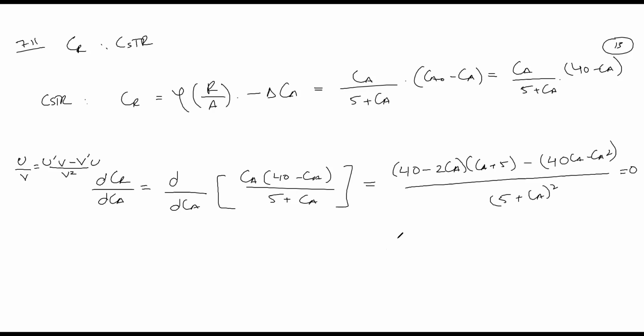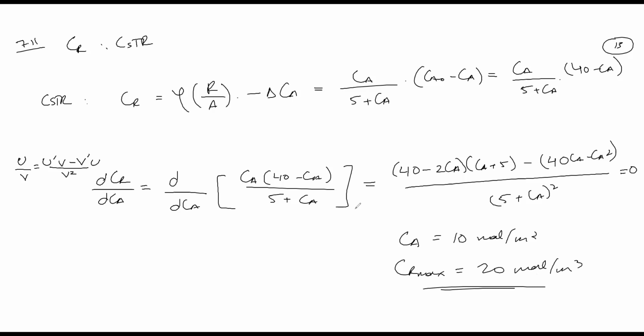I want to solve this for CA. Do the math, and you're going to get CA equal to 10 moles per meter cubed. Once you have CA, you can get the CR max by plugging the CA into this expression, and you're going to get a CR max of 20 moles per meter cubed. Try it, verify these calculations,